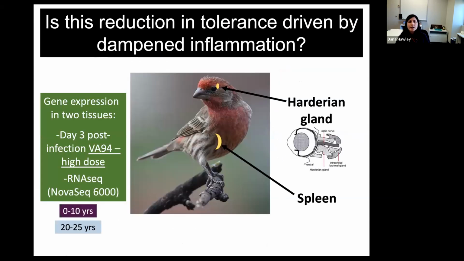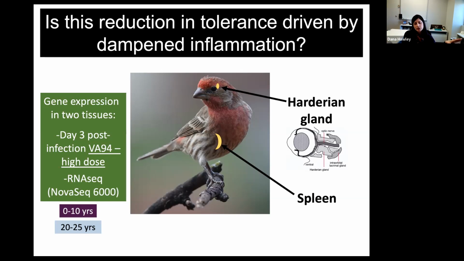We were also interested in potential immunological mechanisms. So I'm going to go quickly through this, but we did RNA-seq on a separate set of birds where we destructively sampled them at day 3. For these birds, we only used the Virginia 94 high dose birds. Those were the circles that I boxed early on in those results. We used only that treatment because we really wanted to specifically hone in on tolerance mechanisms, and that was the one treatment that really showed no hint of resistance differences. So our hope was that we would get closer to potential responses important for tolerance.